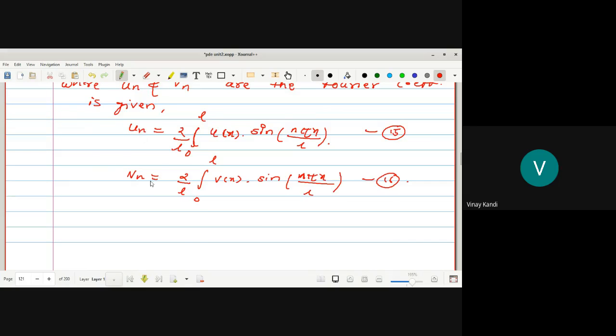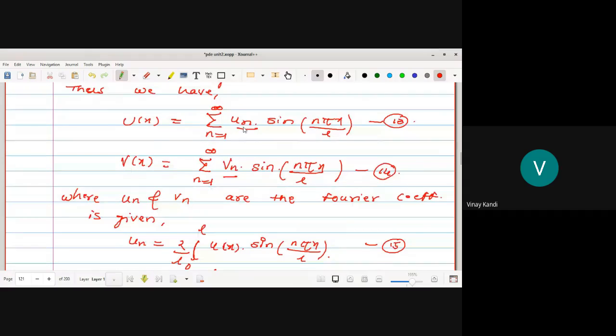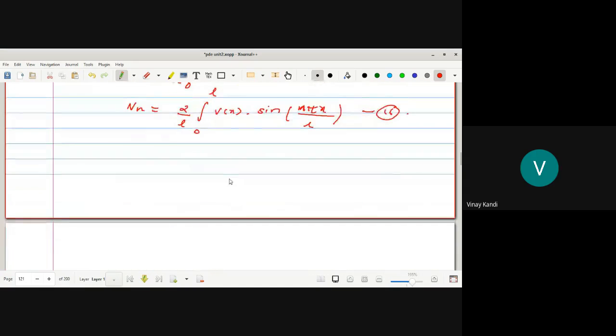So this is the coefficient of u_n and v_n in equations 13 and 14. Okay, therefore equation 12 becomes